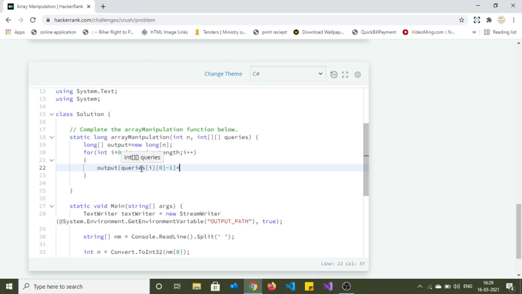Queries i, index 0 means the first query and the value of the first index, and minus 1.